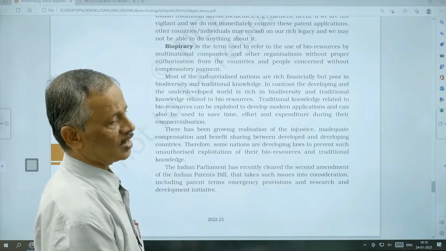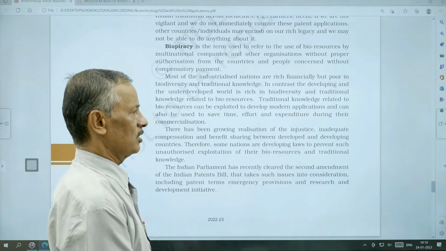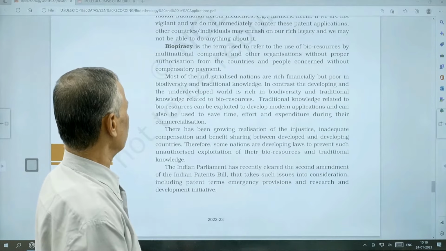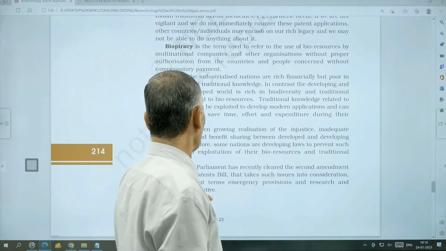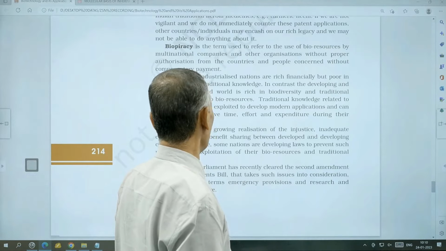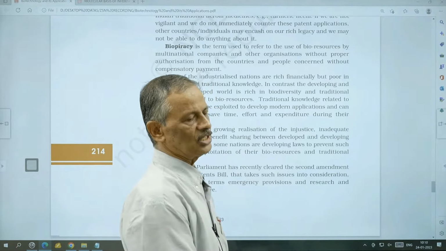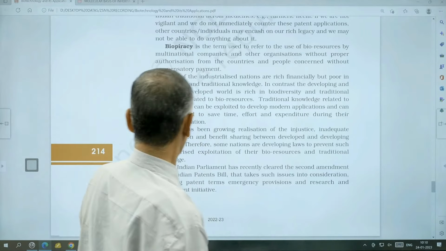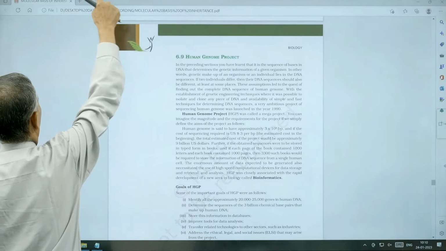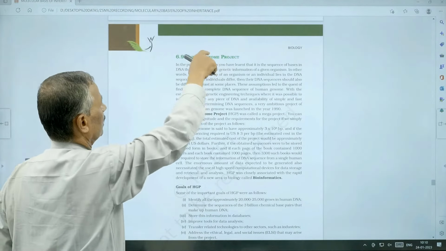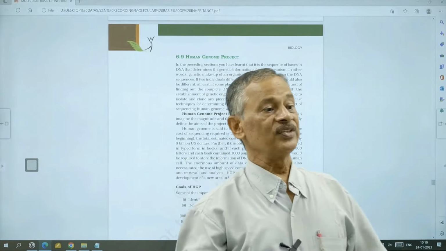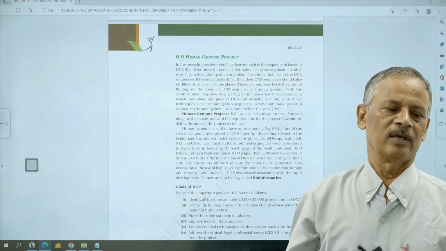So the government is always watching such things and bringing about modifications and amendments in terms of emergency provisions and research and development of such genetically modified organisms. Clear? Now, along with this, we'll be discussing a part of the 6th chapter, which is